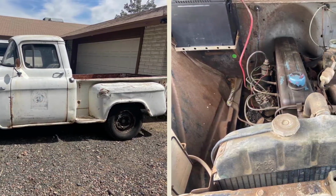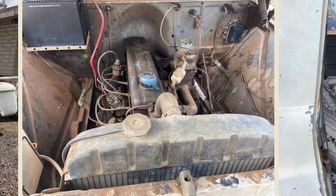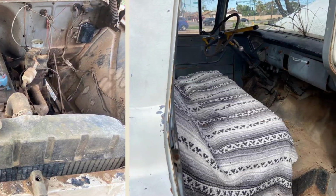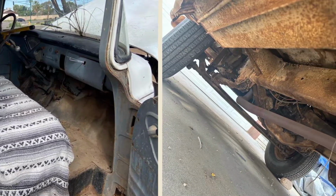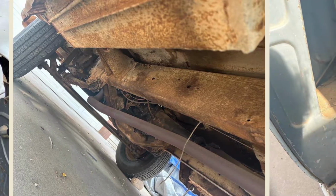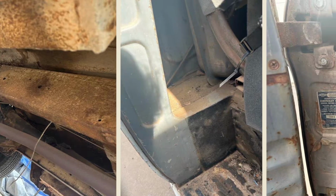cab corners. With a clean Arizona title, this pickup is ready for a restoration project or trade towards a running and driving C3 model. Whether you're a collector or a project enthusiast, this truck offers an excellent opportunity to own a piece of history. Priced at $10,000, with the location currently unknown, this Chevrolet pickup is a must-see for any